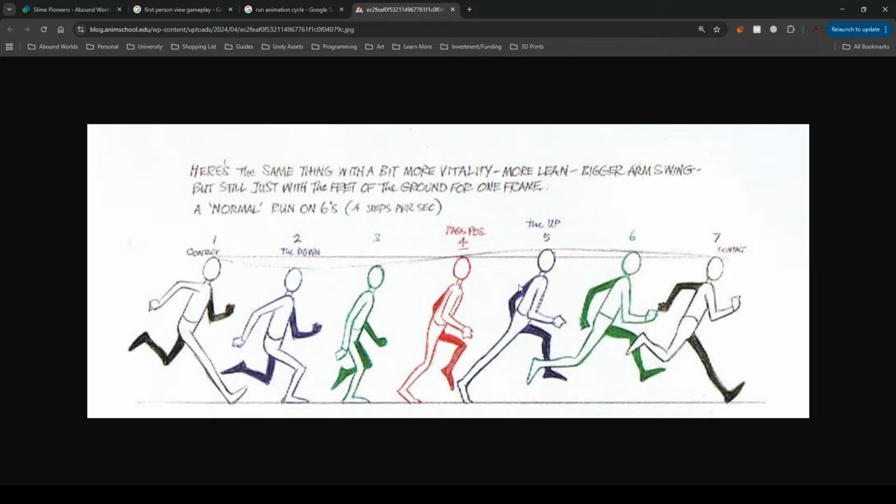Yeah, like it's quite simple once you kind of understand it. It's a bit hard to explain with this 2D reference, but it's the best way to think of animation is you're never animating an arm, you're never animating a leg. You're animating a leg going down, which is going to change how the body twists, which is going to change how the arms bend back. You have to animate the whole body,